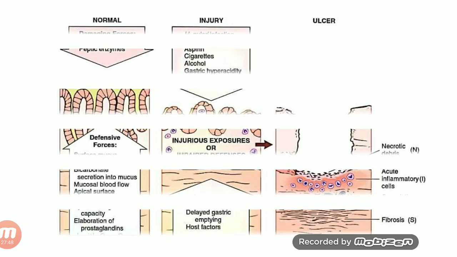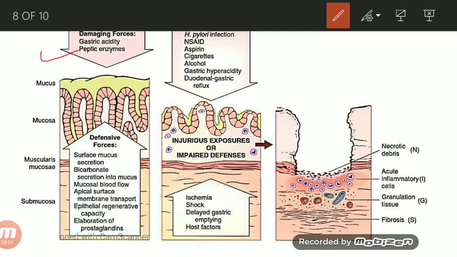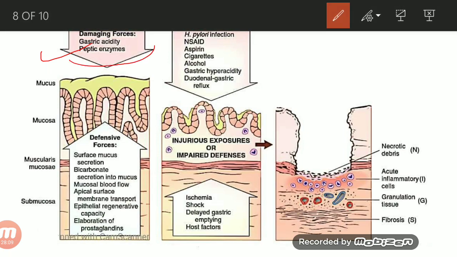So this is your normal gastric mucosa. In case of normal mucosa, there is a balance between your damaging forces. Even though damaging forces are being produced, your defensive factors are protecting your gastric mucosa from being damaged, correct? But in case of injury,